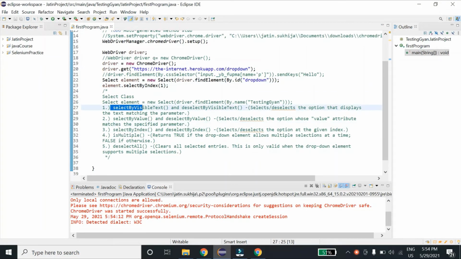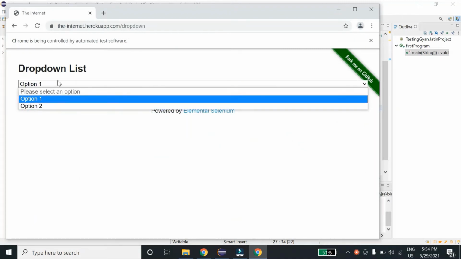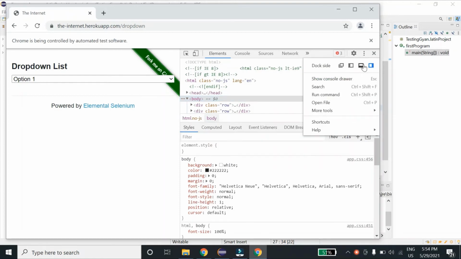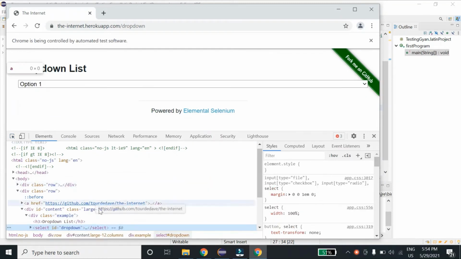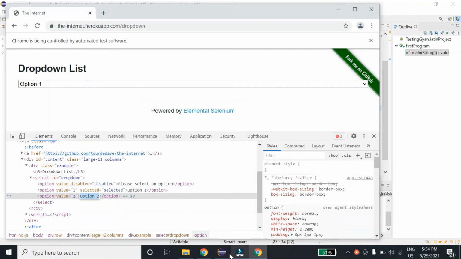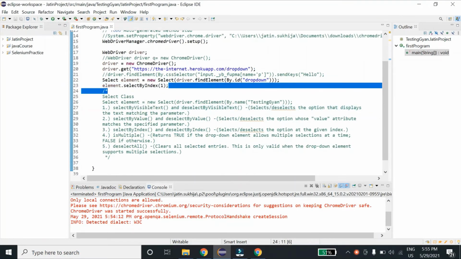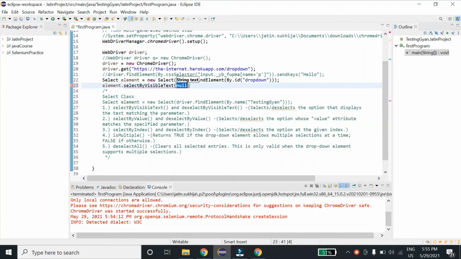You can select with the help of visible text as well. So let's say I want to give option 2 instead of index and instead of value, so I can give that as well. Let me copy this, go to this, select by visible text, and in here I'll give this option 2.